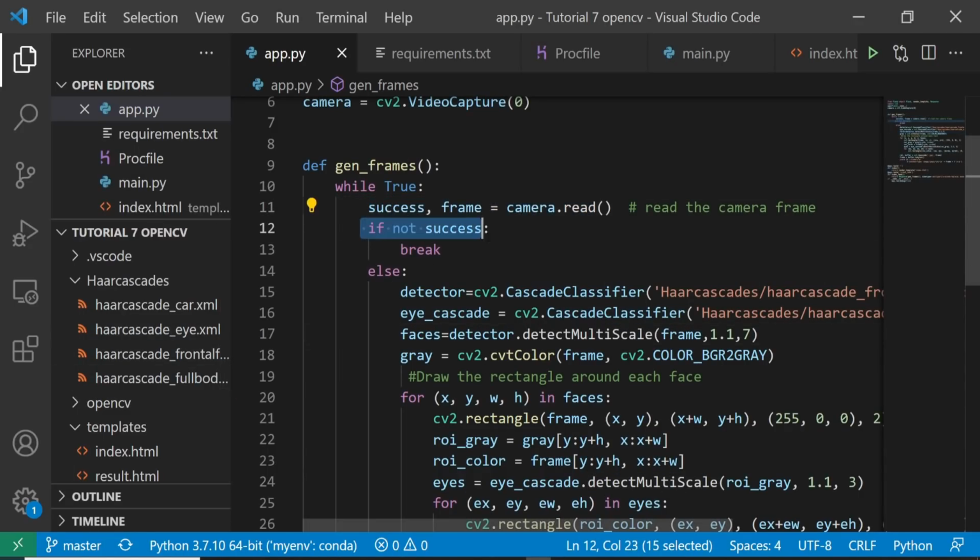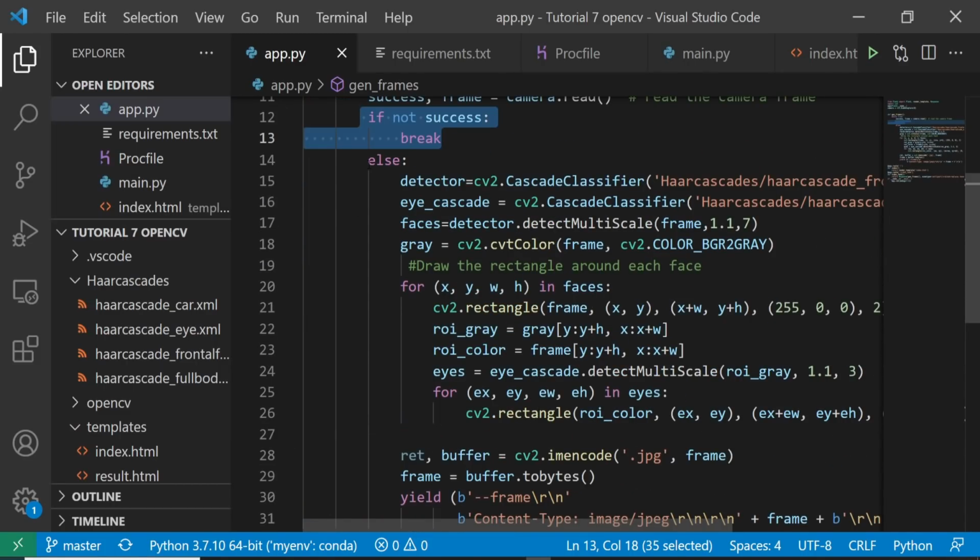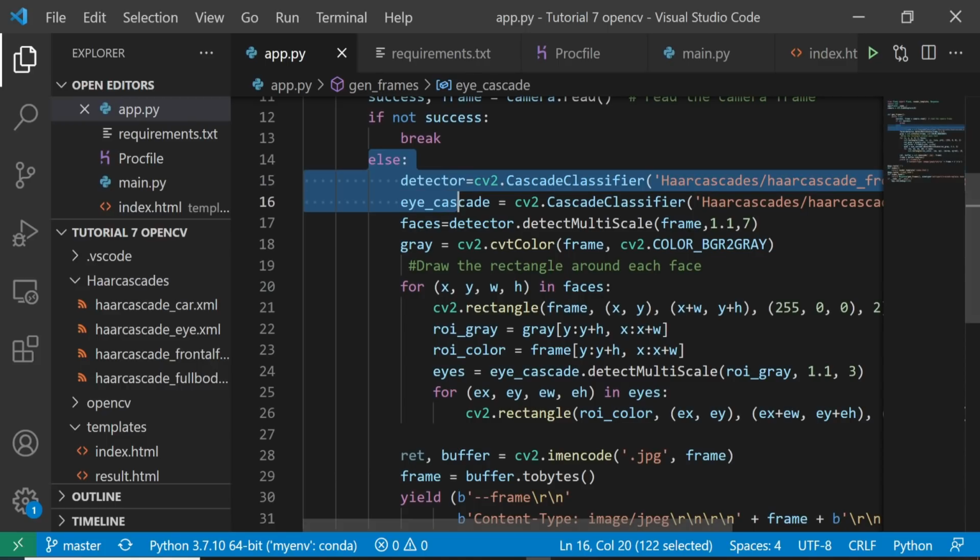Okay, and then if I'm probably not getting the frame, I can break it from this entire application. Probably my camera may not be working. The next thing that I can actually do is that over here you can see we are using this